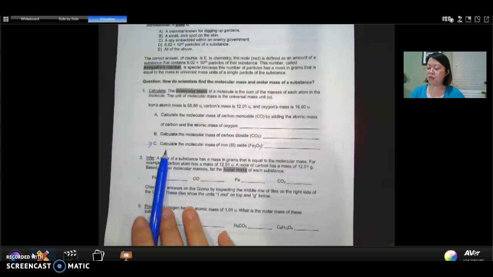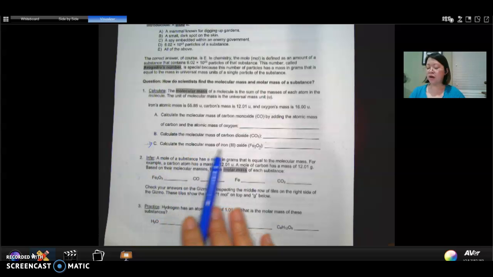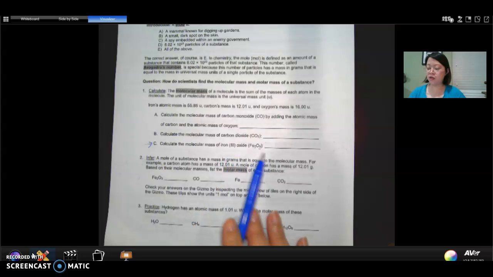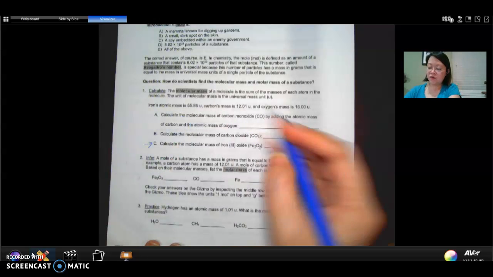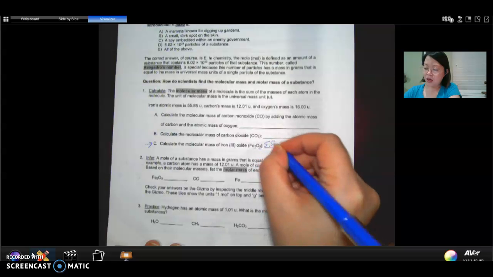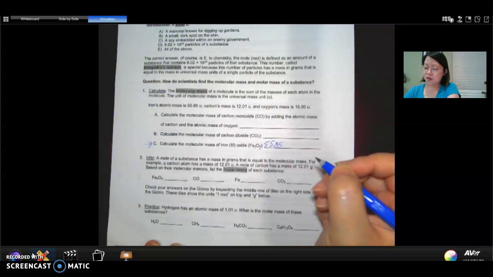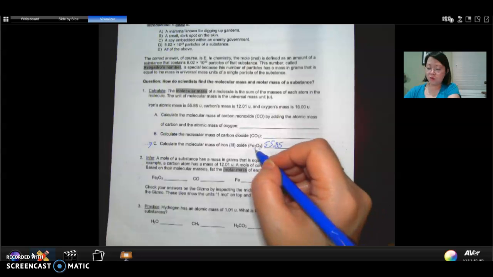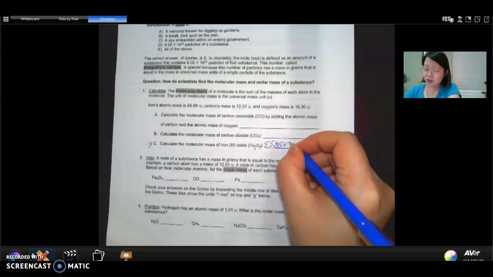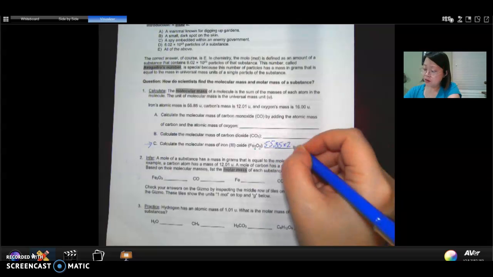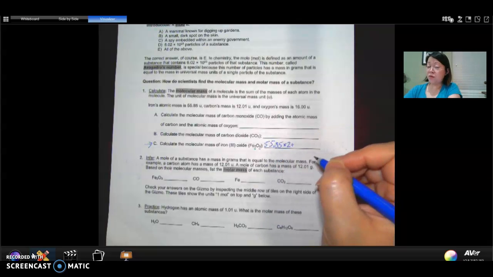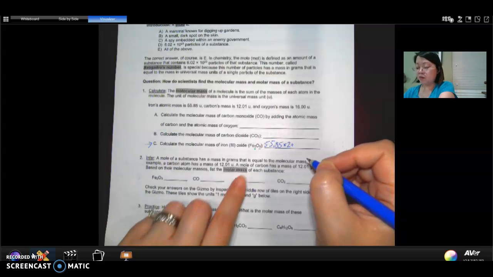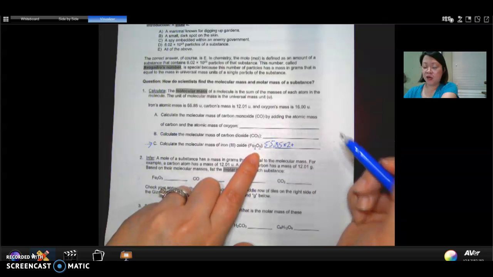So for C, it wants us to calculate the molecular mass of iron 3 oxide, also known as Fe2O3. So for iron, it's listed as having 55.85 u's, but in our formula, we've got the subscript 2 next to Fe. So that's going to be multiplied times 2. These steps should be very familiar or familiar sounding because we go through the same thing when we calculate molar